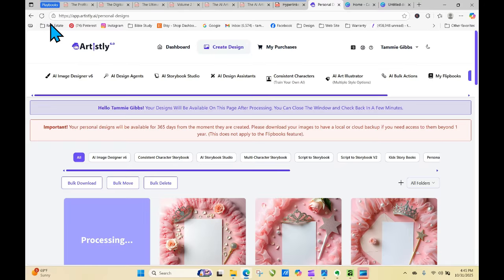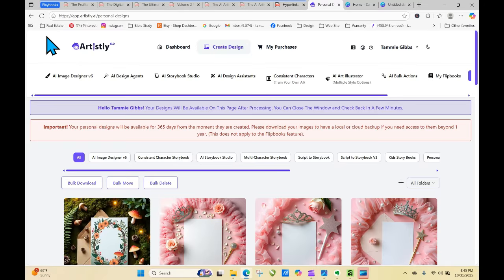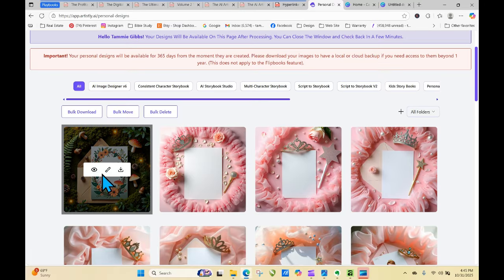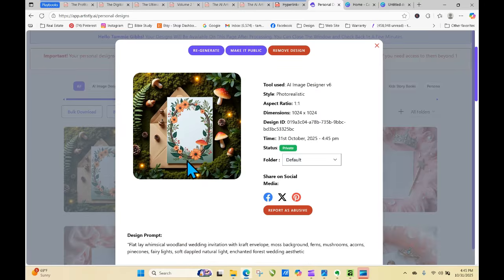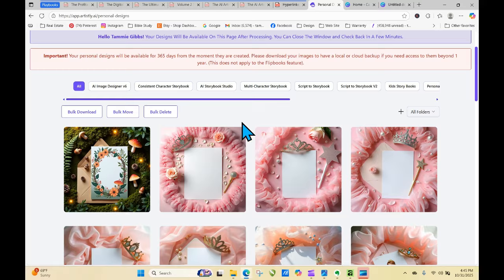So it's perfectly fine to use those where it inserts your invitation. Just be sure that your invitation is... see, this is pretty. It shows you how you've got little fairy lights and everything. So this will be a great backdrop for that theme. So that's just another sneak peek into the